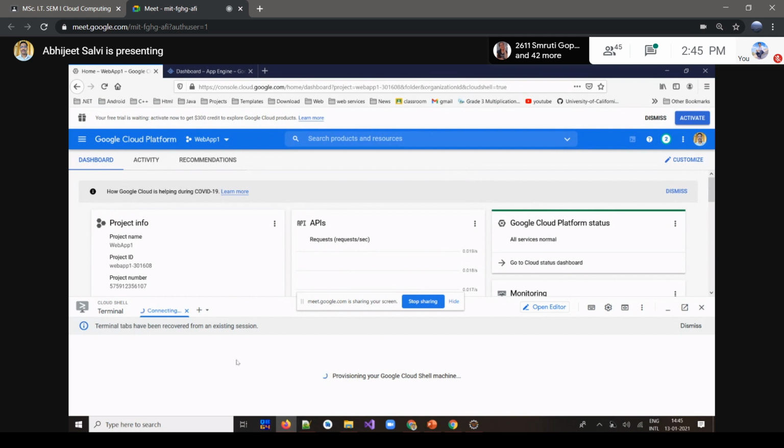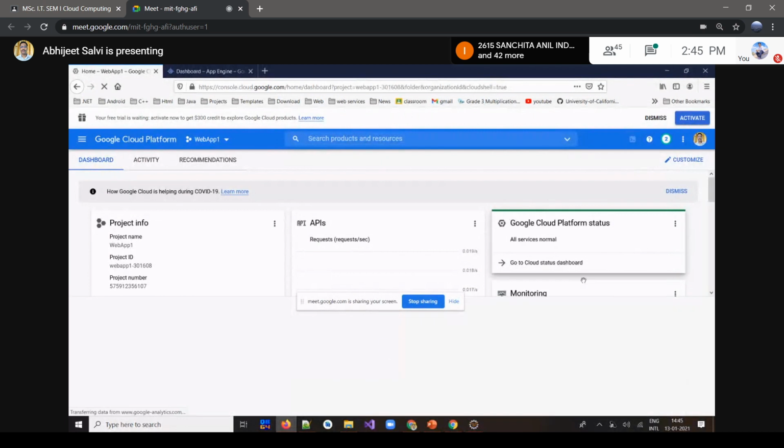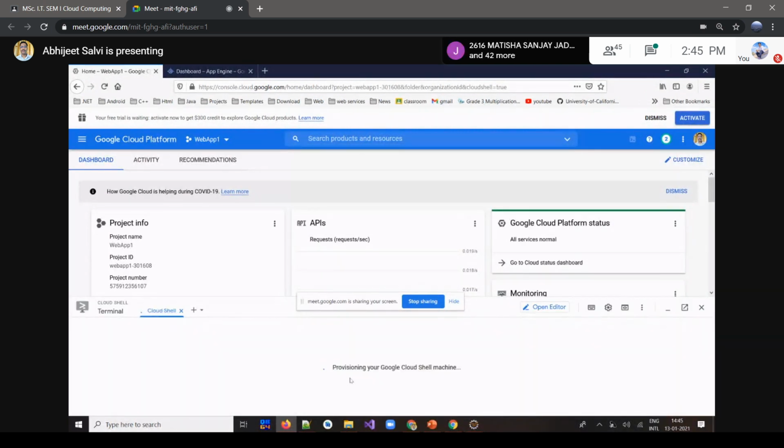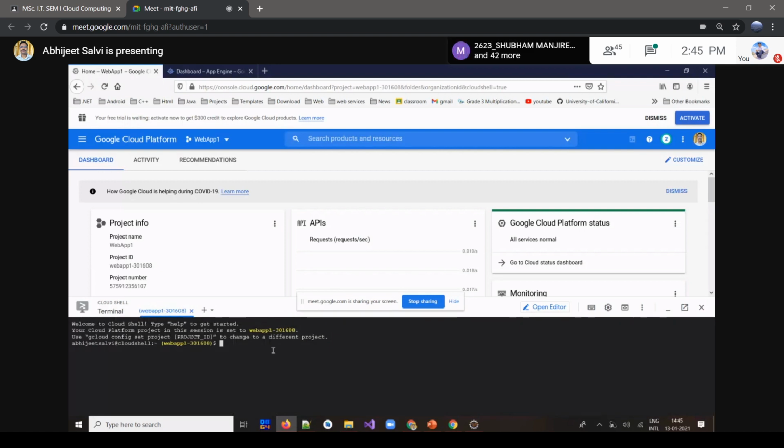So we'll create an app over there for deployment purposes. So we just have to write gcloud. It will take time actually. So we have to just write gcloud.